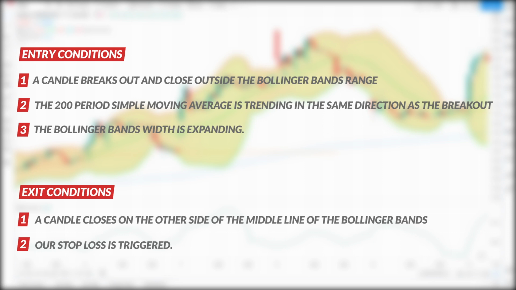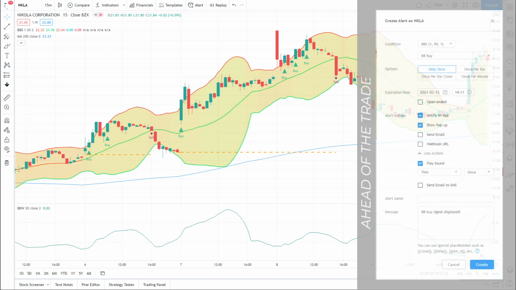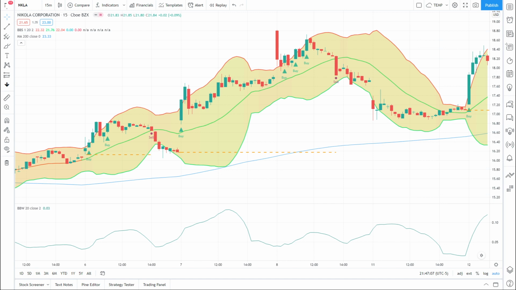As you can see, our Bollinger Squeeze strategy indicator will display all valid trading signals. It will tell us whether to go long or to go short. It will also let us know when our exit conditions have been met. You can enable signal alerts when using this indicator in the form of a pop-up, a SMS, or an email to ensure that you don't miss any entry or exit signals. Now that we have confirmed our entry and exit conditions, let's go through an example Bollinger Squeeze trade.